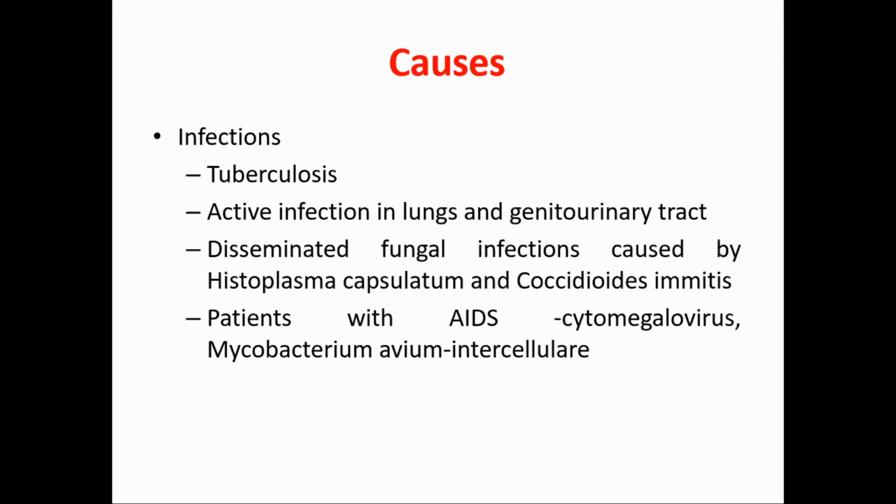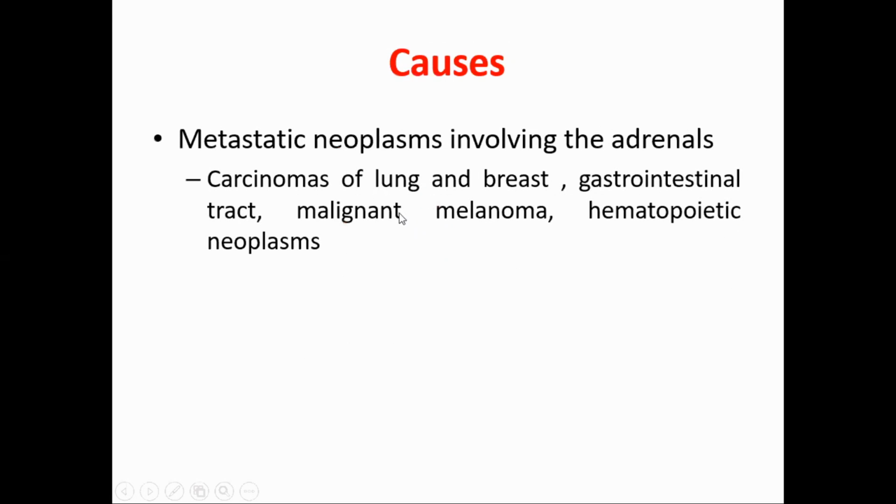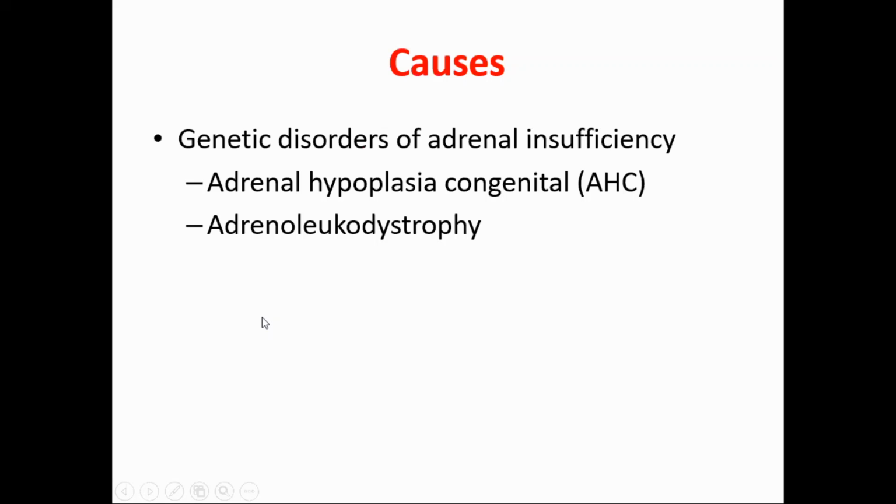Okay, एउटा चाहिँ autoimmune adrenalitis हुन्छ, अर्को infection हुन्छ, अर्को metastatic neoplasm of any site, either lung, breast, GI, blood cancers, metastatic neoplasm of any site भयो भने पनि this can lead to Addison's disease. Okay, and another is genetic disorder such as congenital adrenal hyperplasia or adrenoleukodystrophy. यो दुईटा कन्डिसनमा चाहिँ जेनेटिकली पनि एड्रिनल इन्सफिसियन्सी हुन्छ है, त्यस्तो धेरै डिटेल चाहिँदैन, नाम मात्र सम्झे पुग्छ।